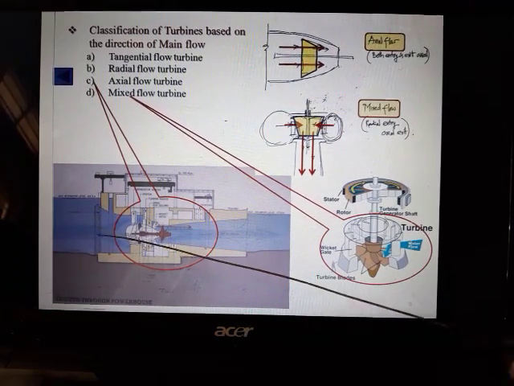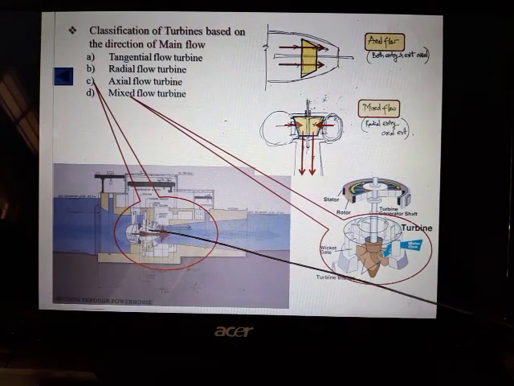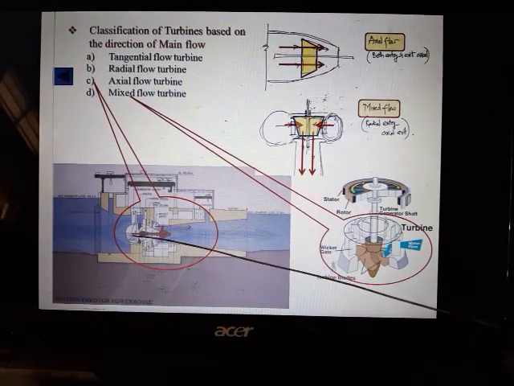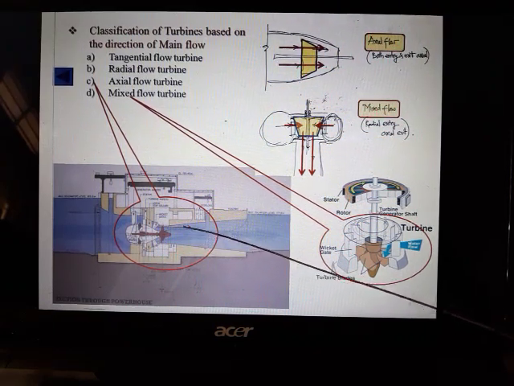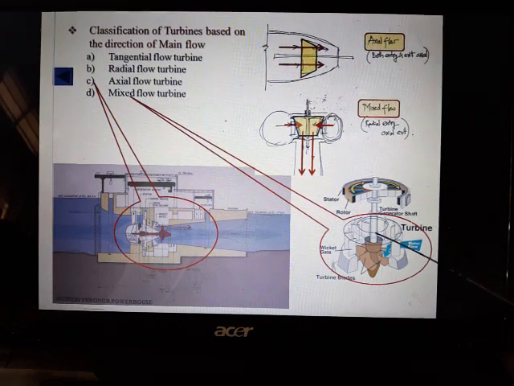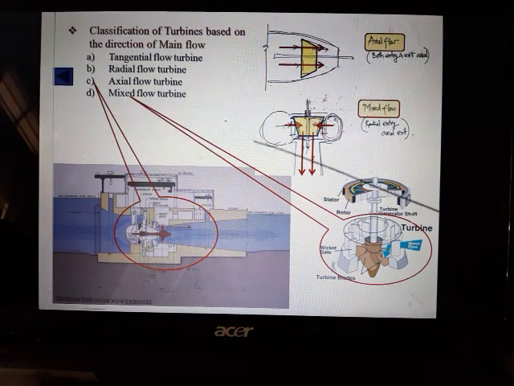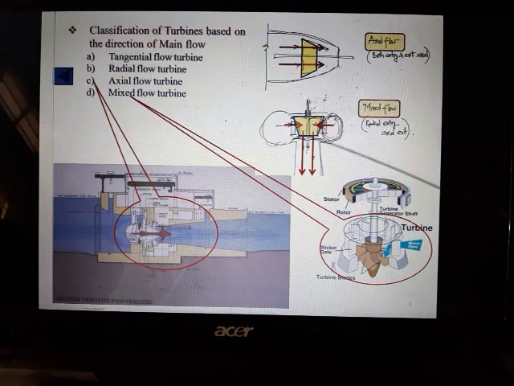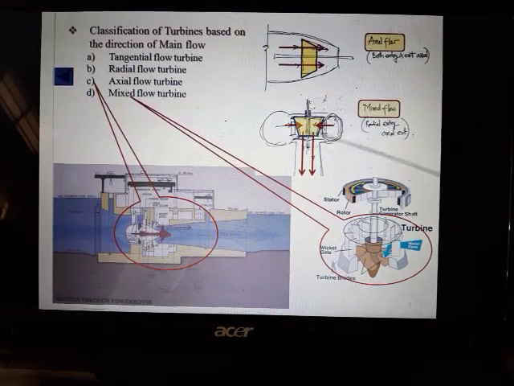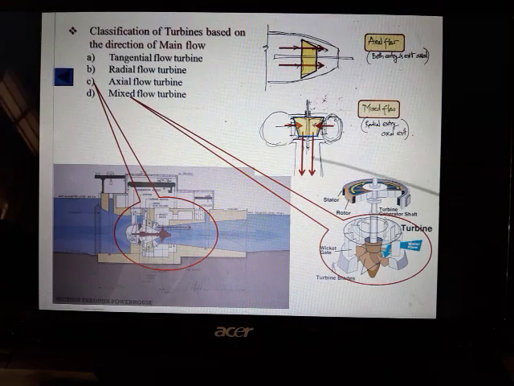So here you can see that it is a propeller kind of turbine where the flow comes in and then goes out in the direction parallel to the shaft itself. So this is axial flow turbine. Now here there is a mixed flow turbine. The typical way of showing this is this way, which is a reaction turbine. It enters radially and then when it goes out, it goes out parallel to the axis. So that's why it is radial entry, axial exit.